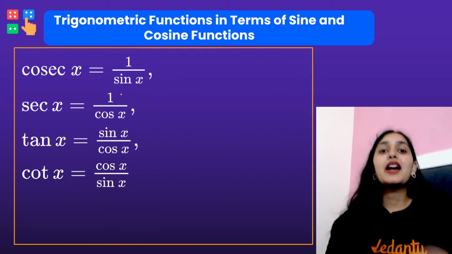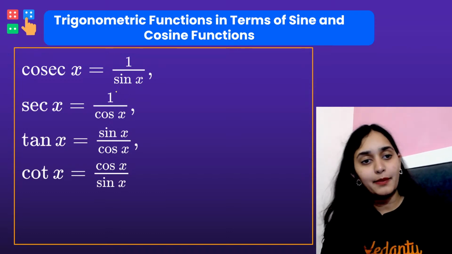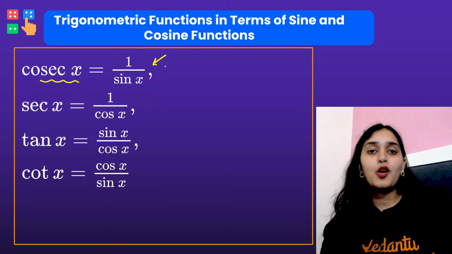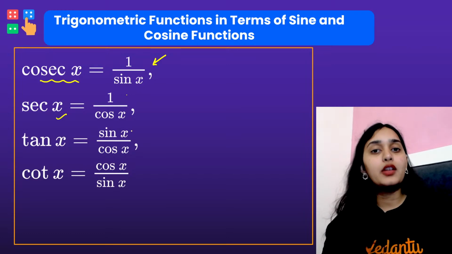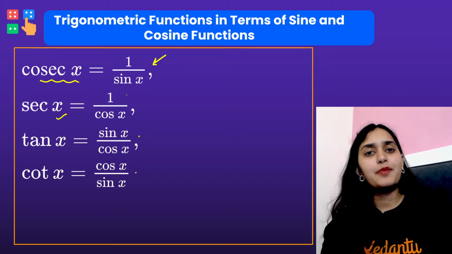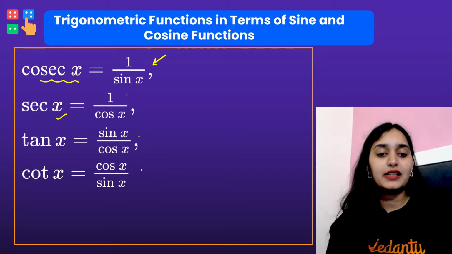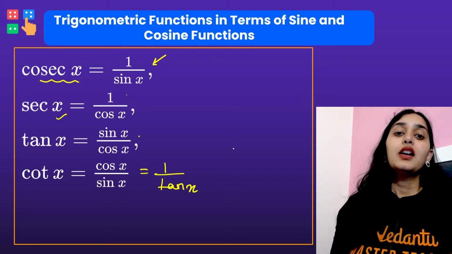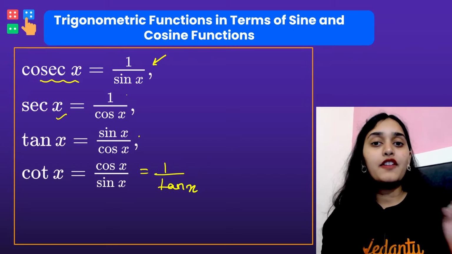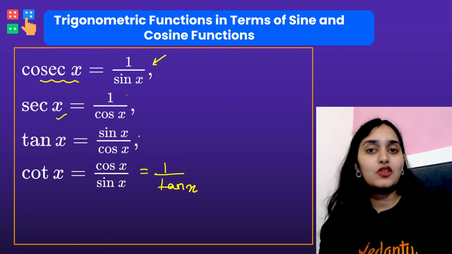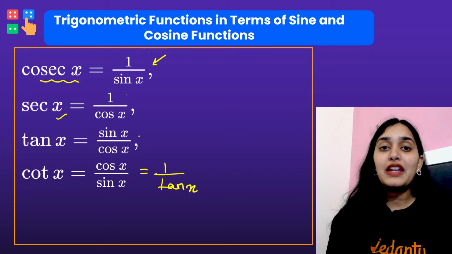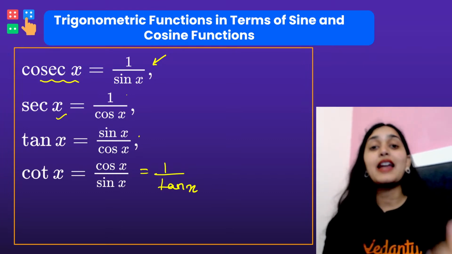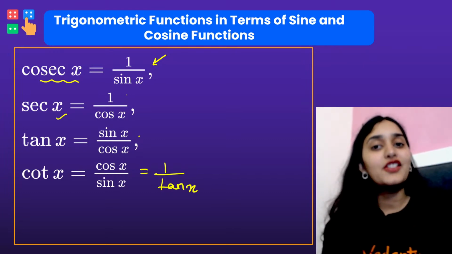Alright, now there are three more trigonometric functions which are related to them. First is cosec theta or cosec x. It is basically 1 upon sin x. Secant x is 1 upon cos x. Tan x is nothing but sin upon cos, and cot is nothing but cos upon sin, which is also 1 upon tan x. So these are the 6 trigonometric functions that we are going to learn in this chapter one by one. We will see their domain values, their range values. We will learn about their sign rule in different quadrants and how we find the values of these functions.